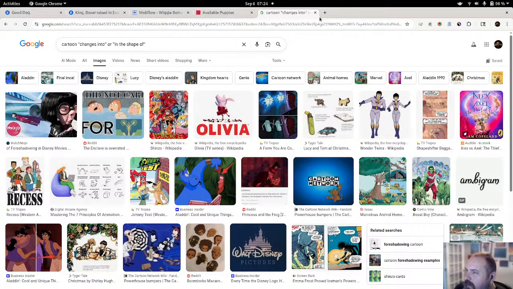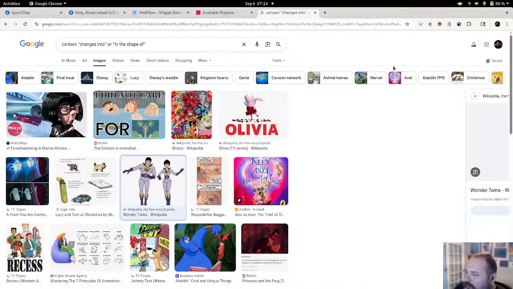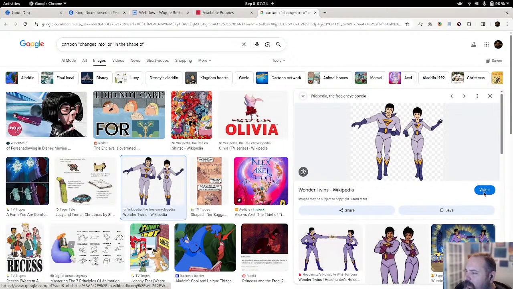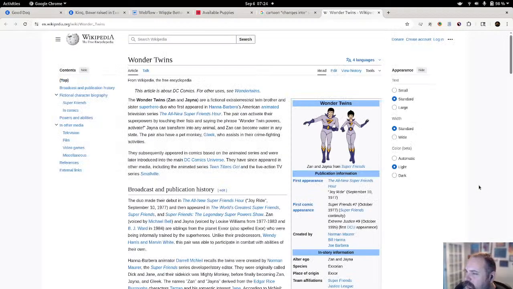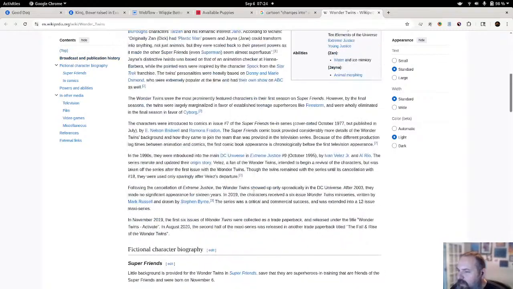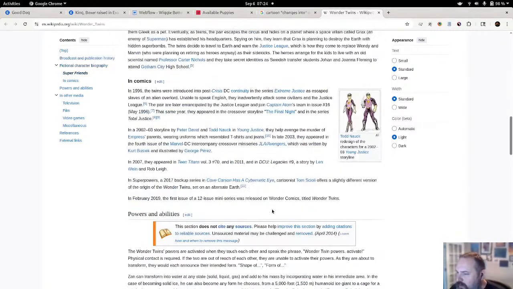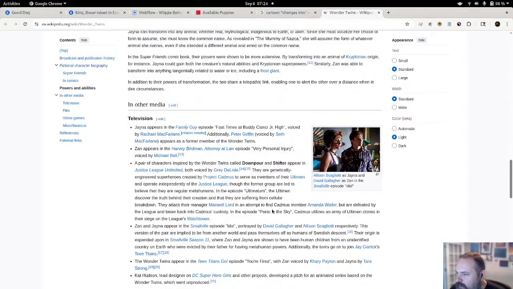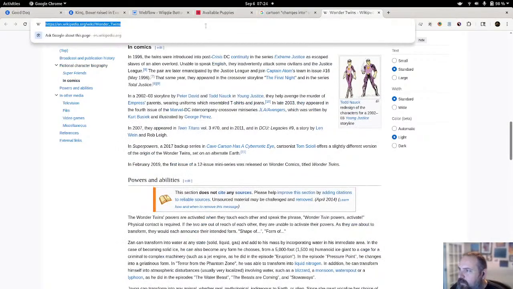Oh man, I can't remember it. Is it Wonder Twins? It's gotta be. I think it's Wonder Twins, because they do the activate, and then immediately after the activate, they. Let's see here.